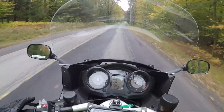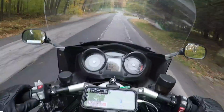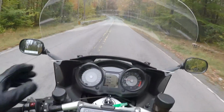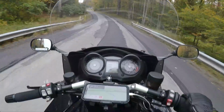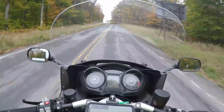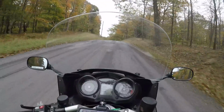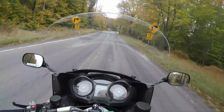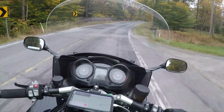Now this also has different settings for different riders and for different suspension comfort settings. You can change it from normal, sport, comfort. You can also change how many helmets. I don't know actually how to do it, but you also change how many helmets are there, so you can set it up that if it's you and a passenger with luggage, it'll adjust the suspension, and then you go from sport to the different modes, all on the fly, all while you're riding. Now I'm not sure why you would need to change that on the fly while you're riding, unless you had a passenger on the back and they fell off, and you're like, oh no, let me go adjust my mode so my bike knows that it's just me now for optimum handling. You probably wouldn't just go back and pick up the passenger if they fall off,